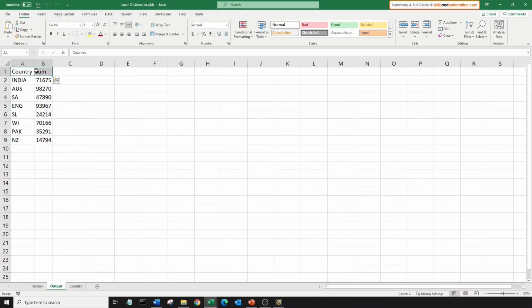You will notice that the results are not sorted in any order. Sorting within a dictionary is possible but difficult. And I would argue that at most times it's not even necessary. For this case, you could just simply output the results and sort it within the sheet using autofilter. Okay, moving on to the next example.